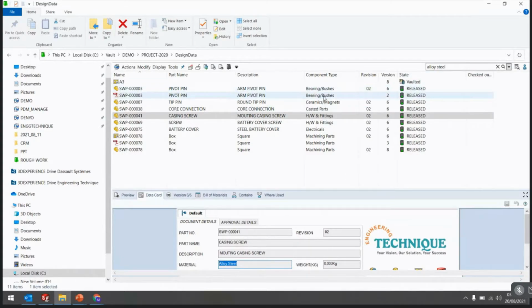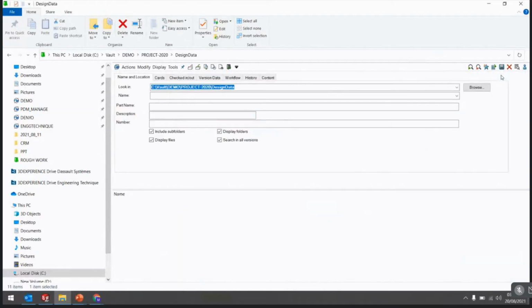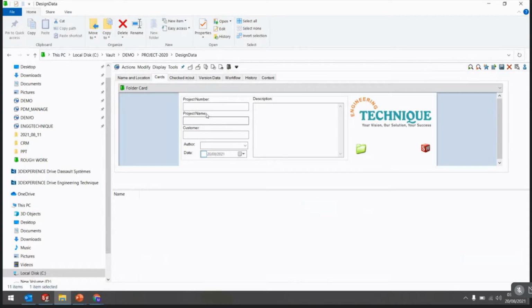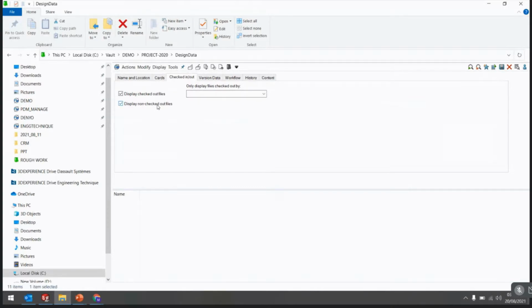So these are the multiple functions, right? Not only this, you can also search with the complete search. So what is the complete search? You can search with your data card variables or data card data. Checkout: which user has checked out how many files. If you want this report, you can also get it from here.